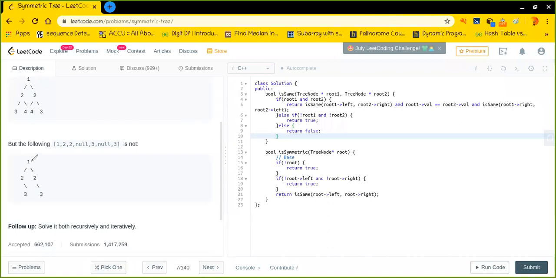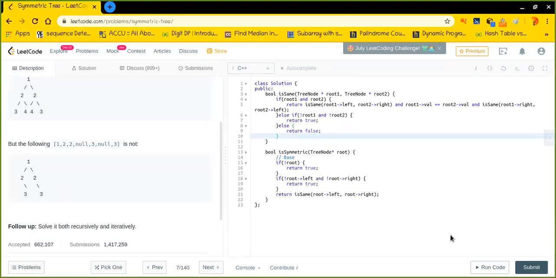Yeah, so let's say I have just come here, and it is a null node, right? But when I came here, I found a node, and that is not a null node. So in this case, I found a null node on the leftmost side, and on the rightmost side, I just got a valid node. So that means it is not symmetric, isn't it? So in this way, we can simply go on and return false. I hope it is pretty clear to you.